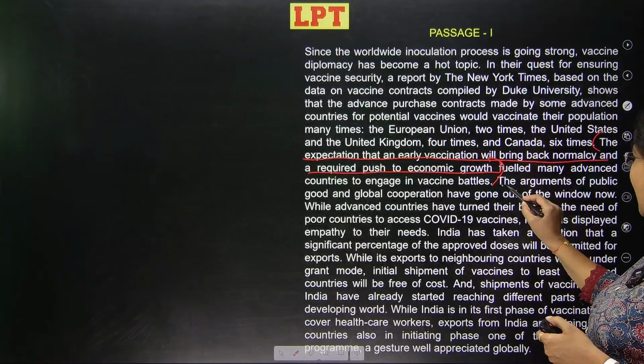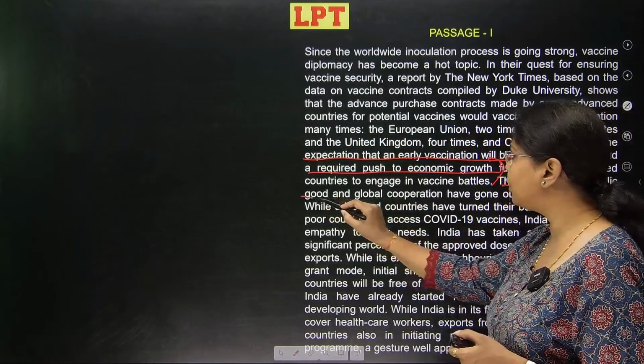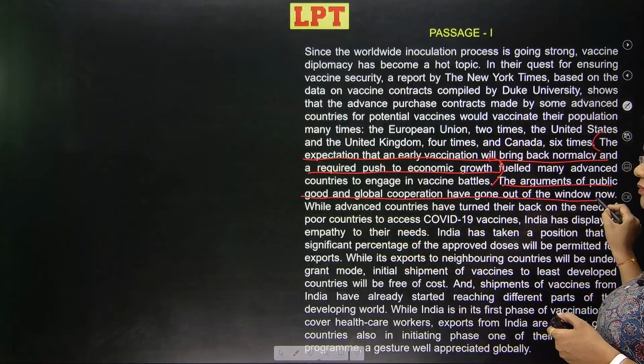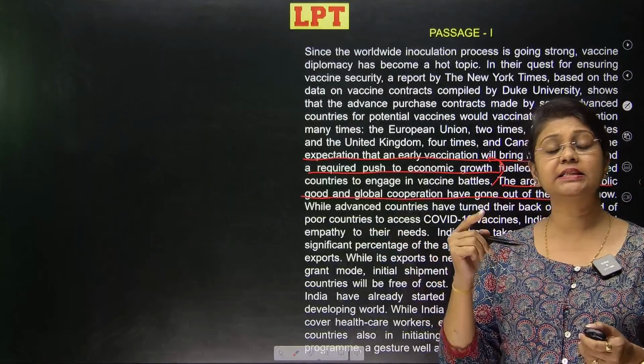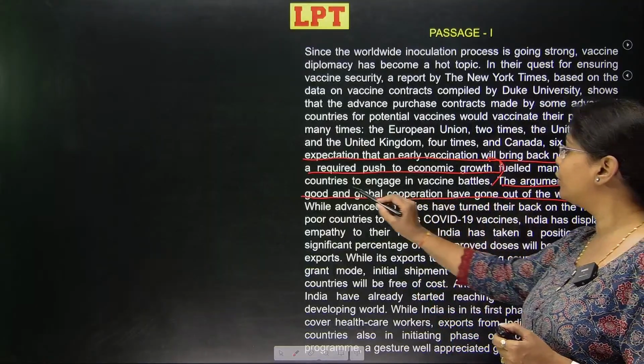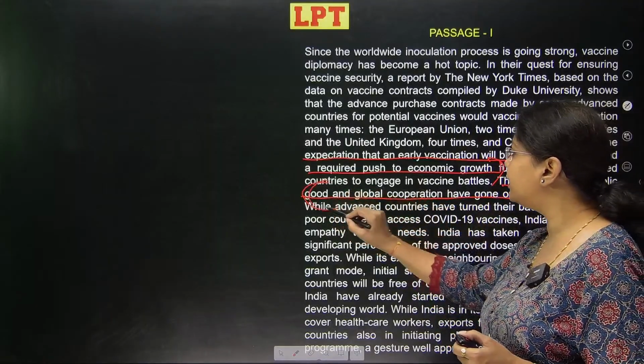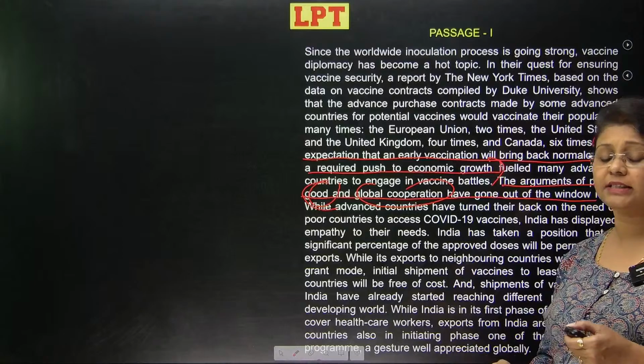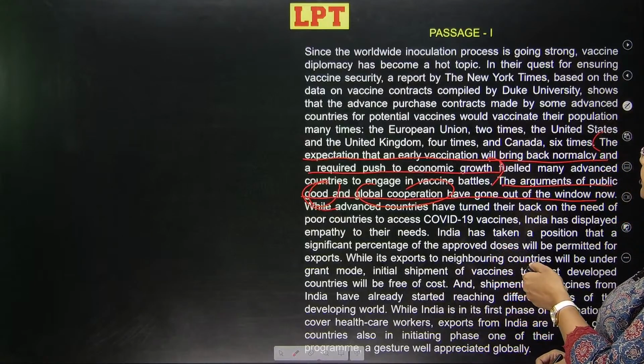Right, so it says the arguments of public good and global cooperation have gone out of the window now. So it is referring to the fact that nobody is caring about public good and global cooperation. So if you look at it this way and you look at the options here,